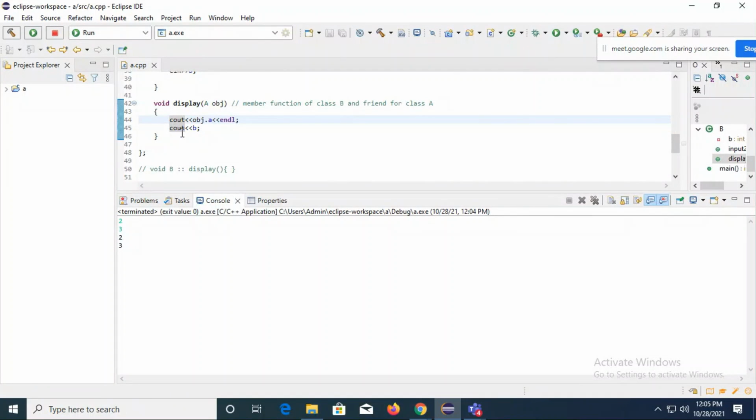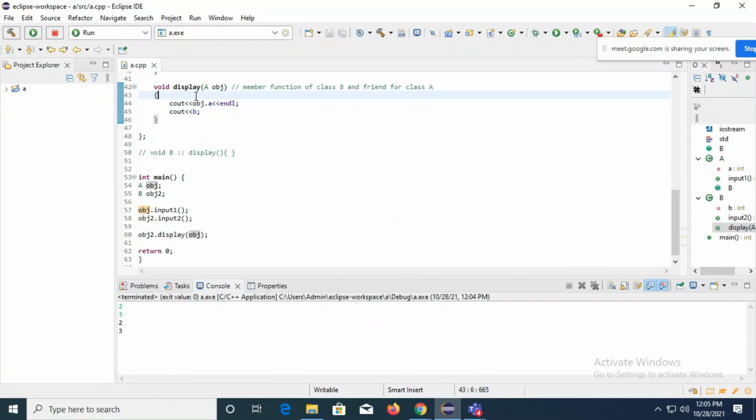So you can see I'm giving a call to display from here and I'm passing this object here. Fine. When I declared it here, it was not resolving it, so I just modified my code. I am passing the object here as a parameter and tried to modify it. So it is showing me the value of A and B. Now I can do one more thing.